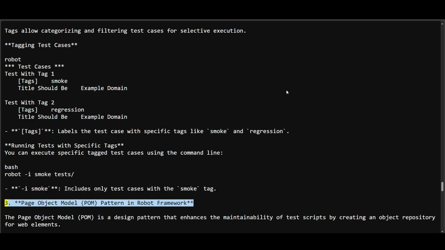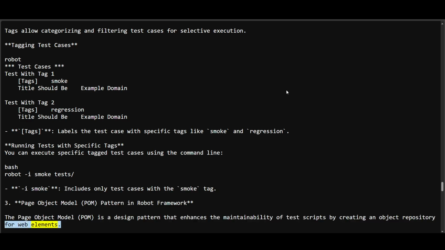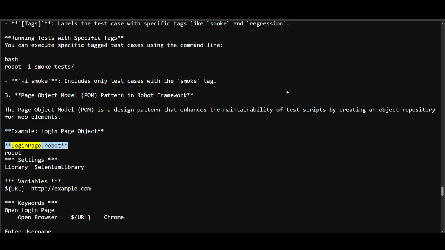3. Page object model, POM, pattern in Robot Framework. The page object model, POM, is a design pattern that enhances the maintainability of test scripts by creating an object repository for web elements. Example, login page object: login_page.robot. Robot settings: Library SeleniumLibrary. Variables: $URL